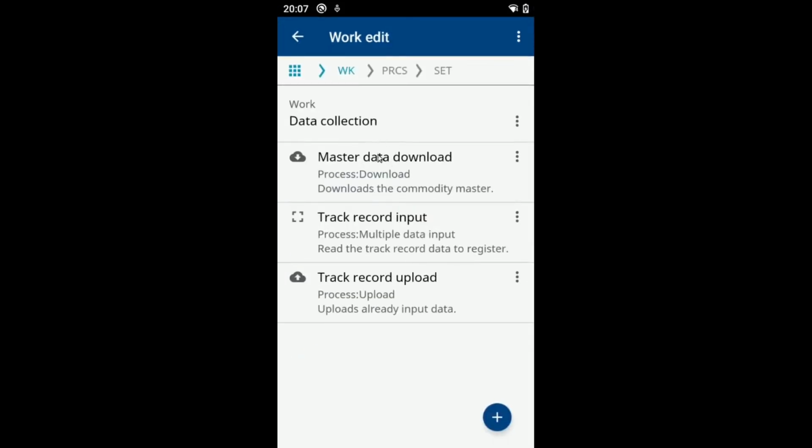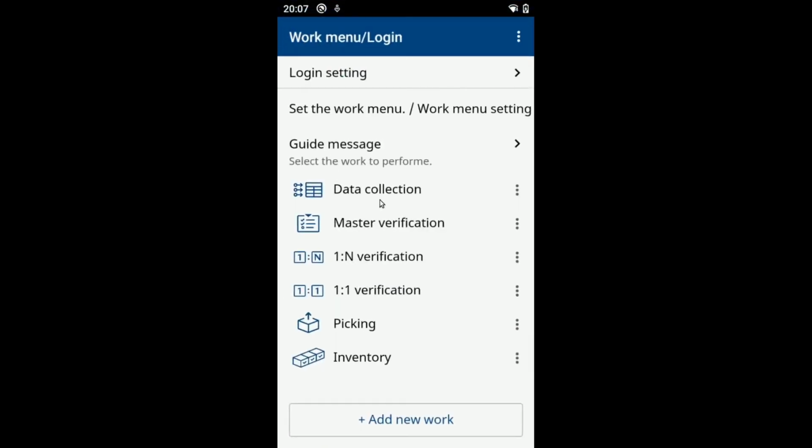and we click on it, we go inside, we see data collection, there is some download section, then there is some track record import part, and then there is an upload section. So this means download is always importing data into the application. Upload means uploading data or exporting data from the application. Now let's go back. So we see here we have data collection, master verification, one-to-N verification, one-to-one verification, picking, and